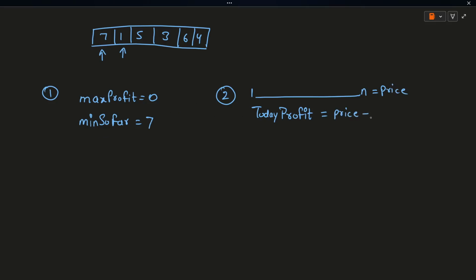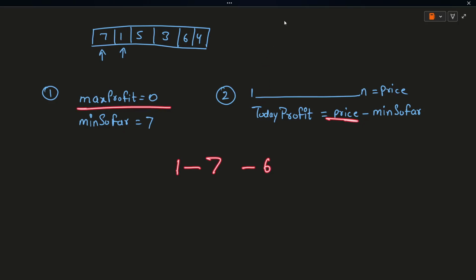What is minimum so far? This one, 7. So the current price is 1, minus minimum so far 7, which is going to be minus 6.